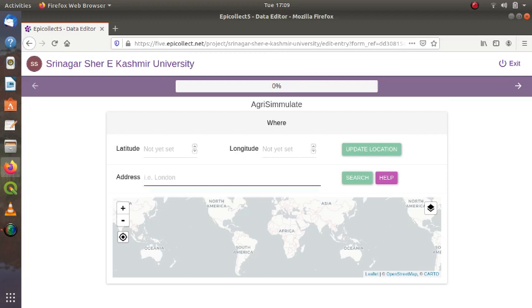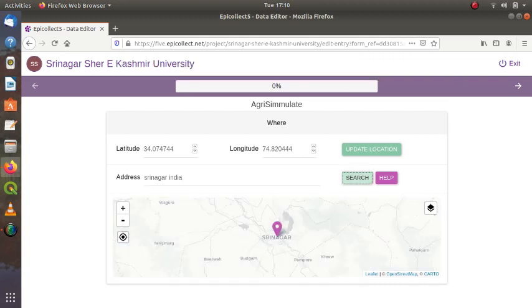I am now going to just give Srinagar, India. You see what happens? I have given an address and I search. Srinagar, India is there. So let me now go to Shalimar Bagh and again search.